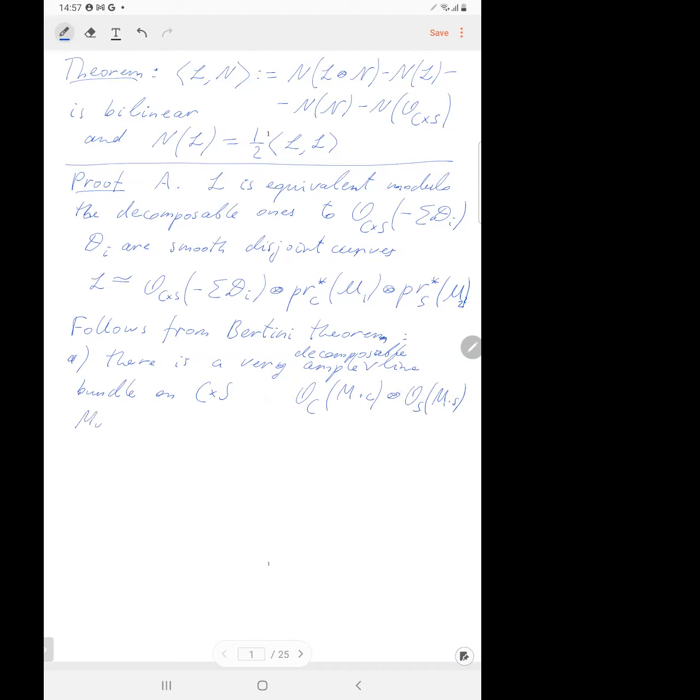moreover, say L inverse tensor this is also very ample and defines